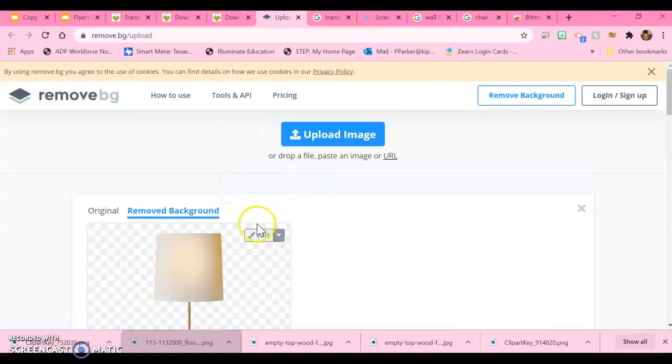Now, like I said, it's not always promised that the background is going to get removed, but you just have to kind of play with it. Other than that,